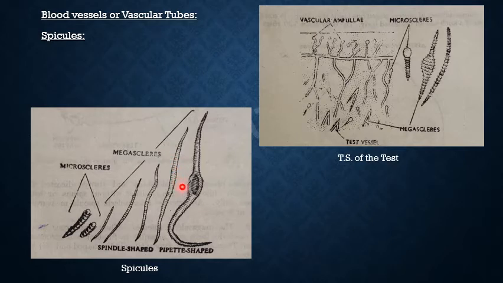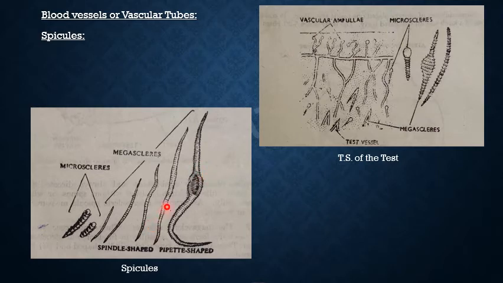Now, before I do the detailed structure, I will tell you the constitution, how the spicules are constructed. Before that, let me once more discuss one more thing: the size of the spicules. Now, these megascleras, they are large spicules as compared to others, and the biggest is pipette shaped, and this biggest spicule in Herdmania measures about 3.5 millimeter in length.